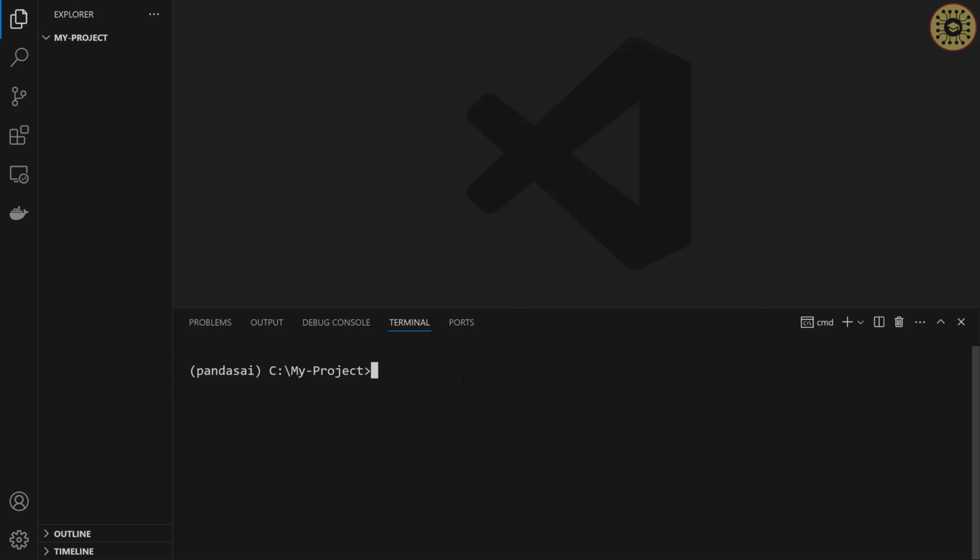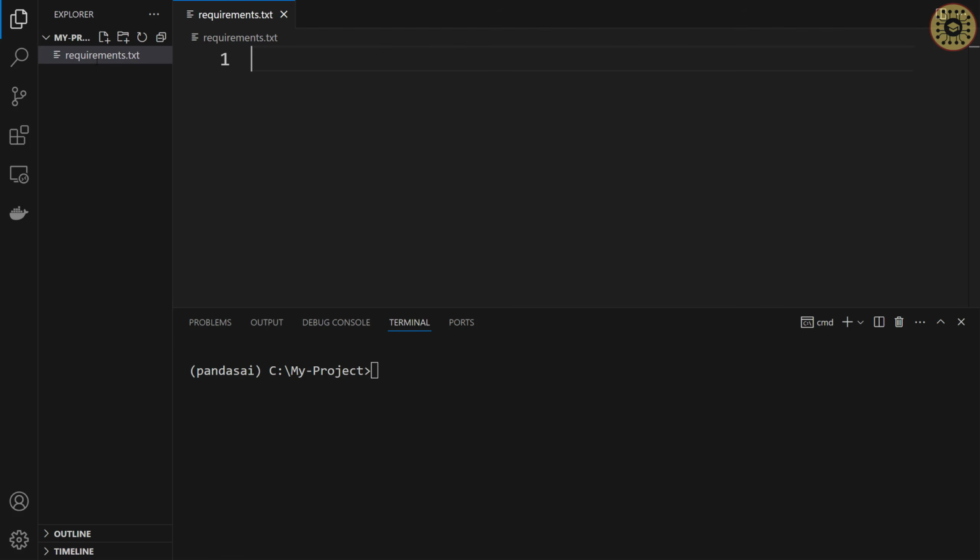To do this, let's create a requirements.txt file. We're gonna click on the new file and then name it requirements.txt. After that, let's write the libraries we'll use here. To work with Pandas AI, let's write pandasai, and connectors. Next, to build the app, we'll use Streamlit. For now, these tools are enough to build the app.